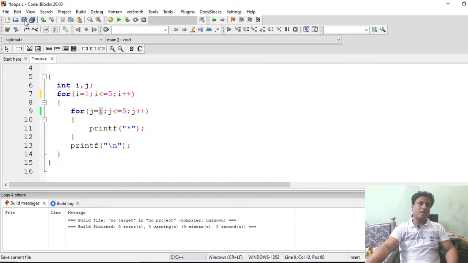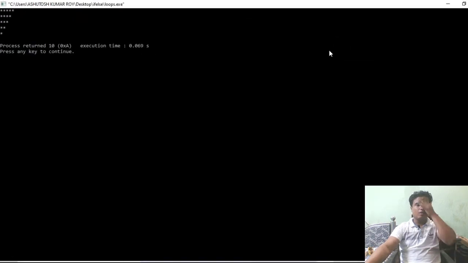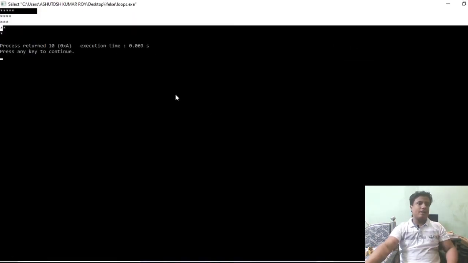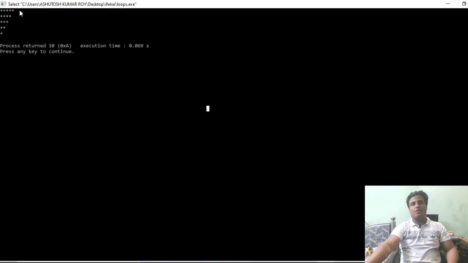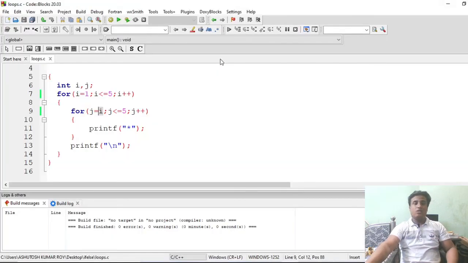Okay, so just save the file and run it. Yeah, you can say that we have printed the star in reverse order. Firstly we printed the star in an upper triangle, now it has become a lower triangle. Okay, so hope you are getting it. So in this way logic is designed. You can do the same thing with numbers also.